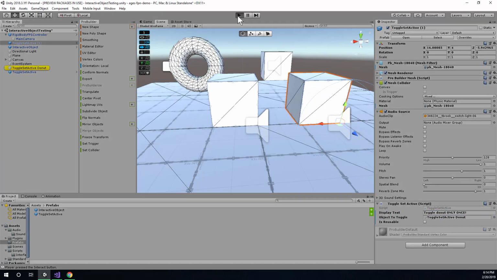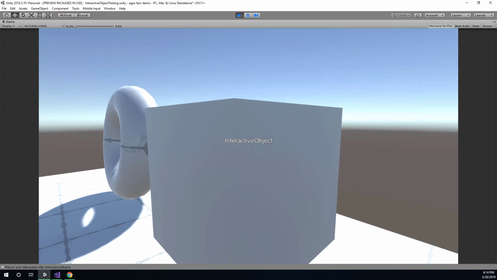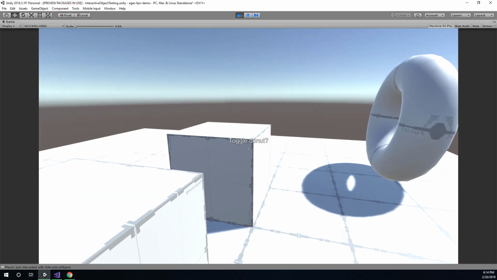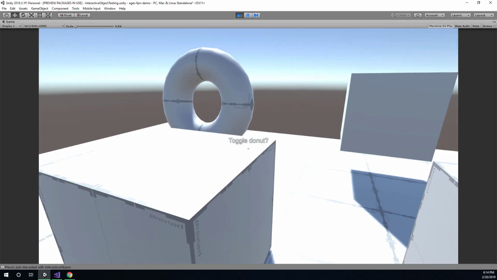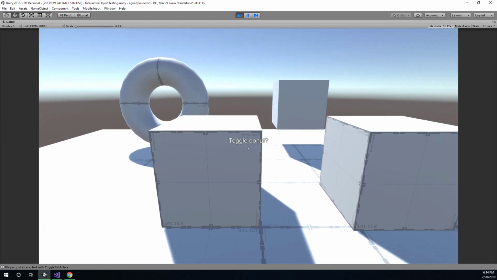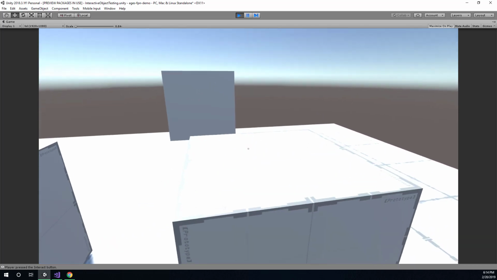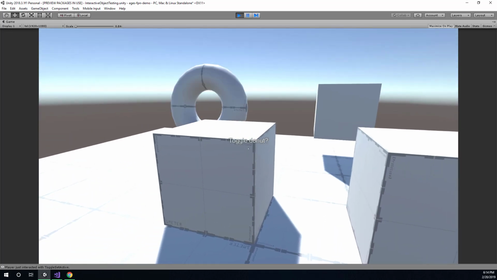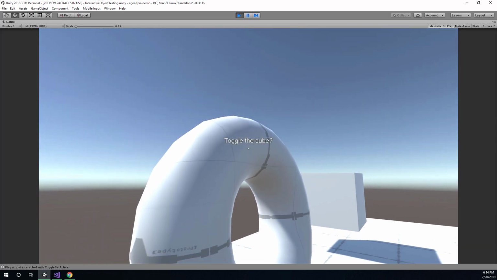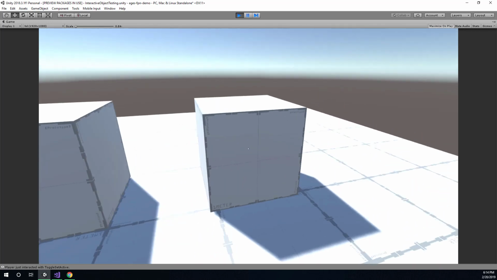And let's just try our stuff out and see how things go. So first of all, we have our regular interactive object. Does nothing except make a sound effect. We have the toggle donut. Works over and over. We have the toggle donut only once. And you cannot do it anymore. Luckily I have this one. And then finally we can toggle the cube. So things seem to be working,